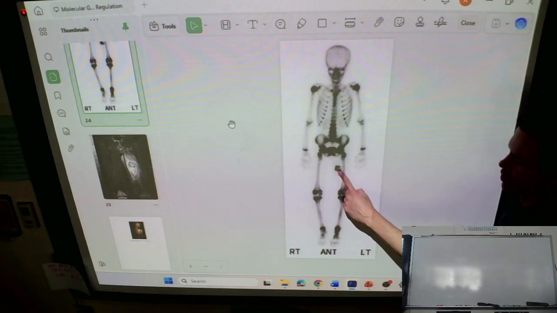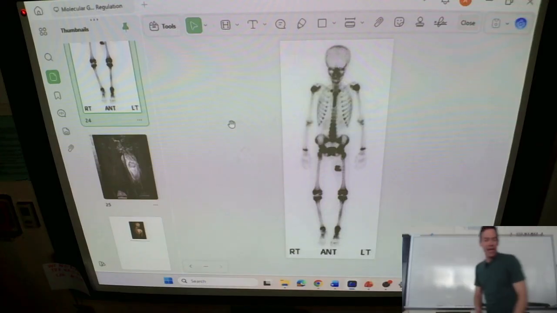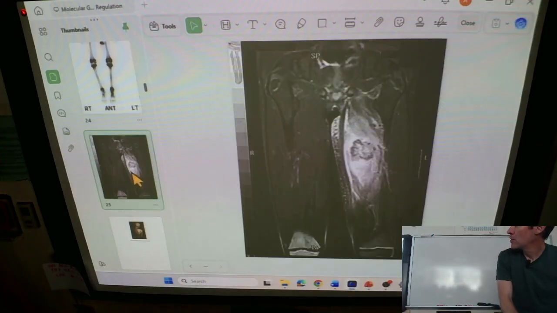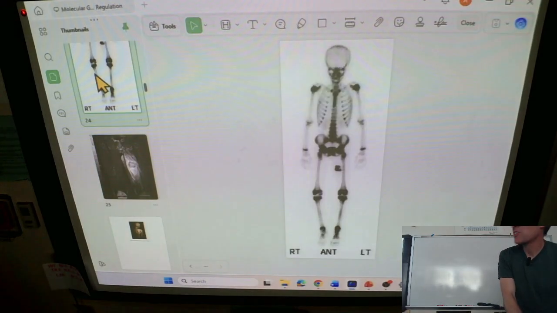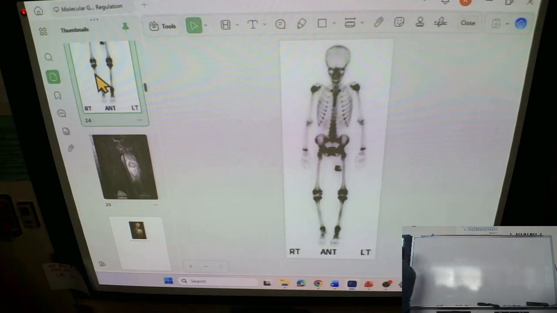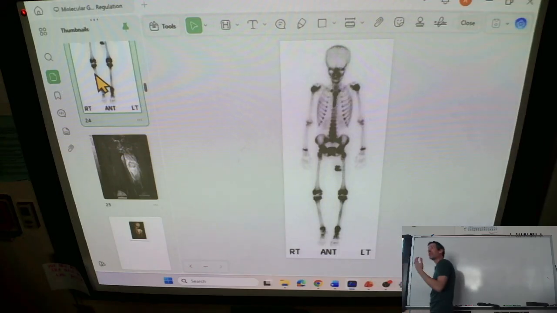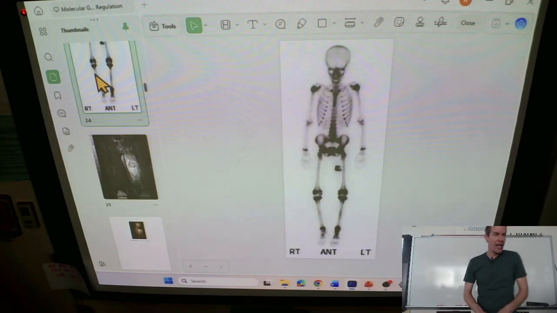That's supposed to be thigh muscle, but he has bone tissue growing in his thigh muscle. And this is a bone density scan. A bone density scan works a little bit differently than an X-ray. You might think that if it's an X-ray, the background would be dark and that would be really bright. It doesn't work exactly like that. It's not completely opposite, but it's kind of the opposite.